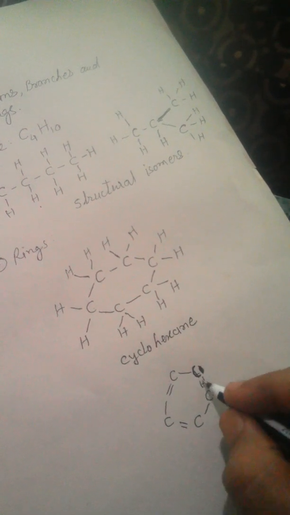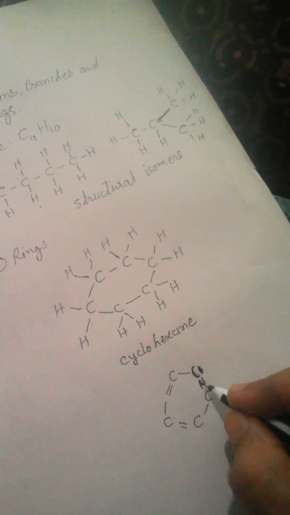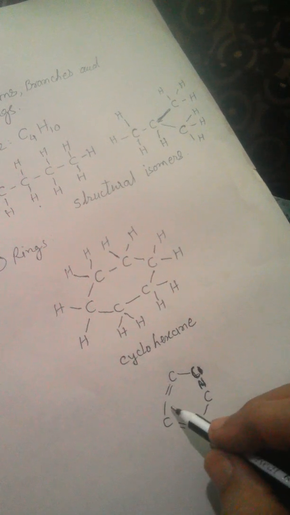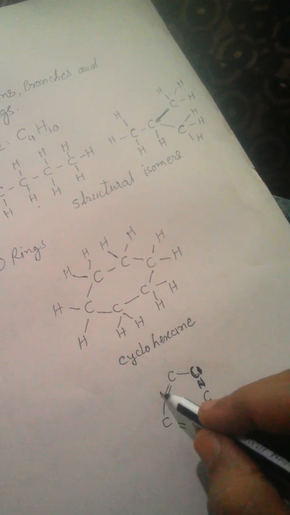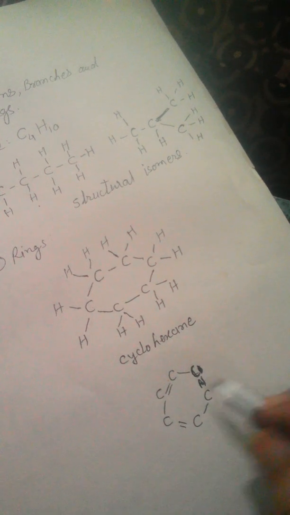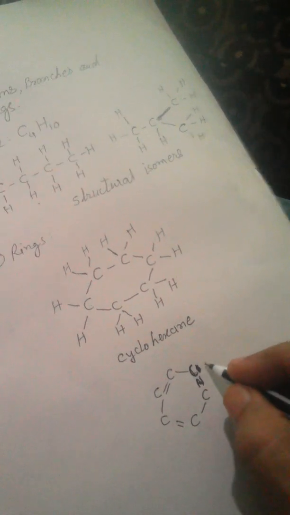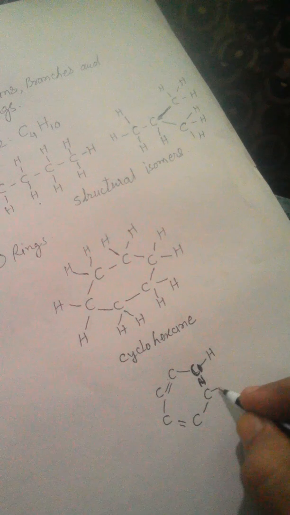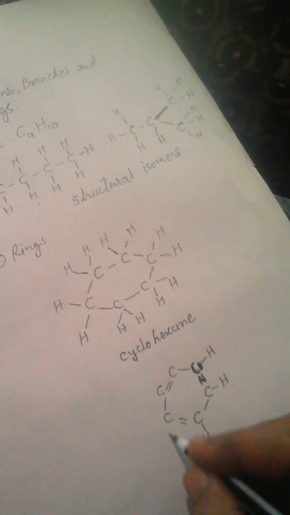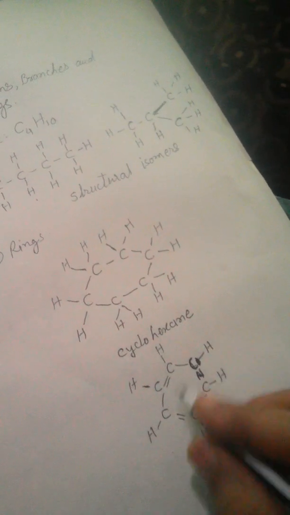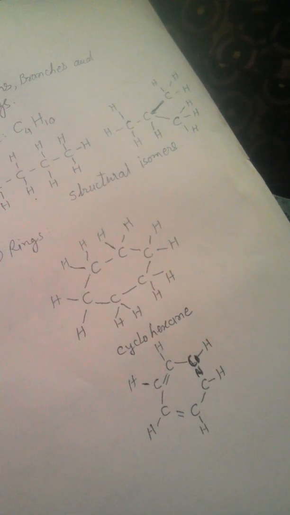So friends, here 6 carbon atoms arrange themselves in a structure of a ring with single bonds and double bonds successively. So to satisfy the remaining valency, a hydrogen atom is connected with each carbon by a single bond. This structure is called benzene. Benzene is a very fundamental compound of hydrocarbon in organic chemistry.